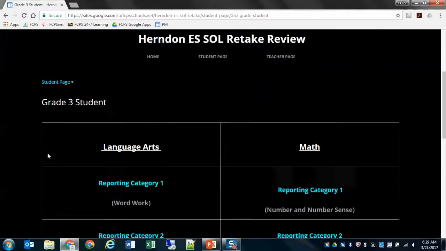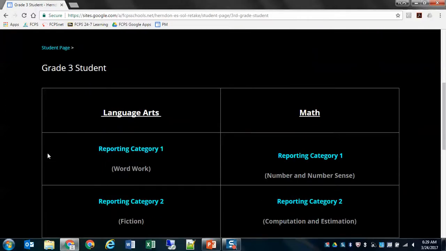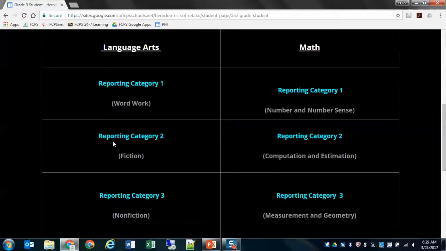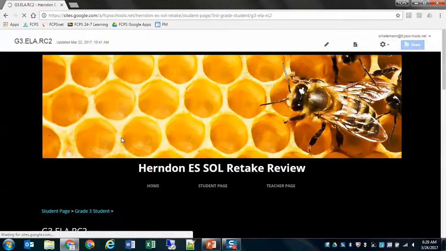Now, theoretically, the teacher has already met with me and discussed what reporting category I need to focus on. So let's just say I failed my language arts SOL and I really struggled in reporting category 2. A student may struggle in a number of reporting categories, but really pick the one that the student was lowest in, or that they need the most remediation in, and that's the one that I would recommend assigning. So then the student would go in here to reporting category 2,